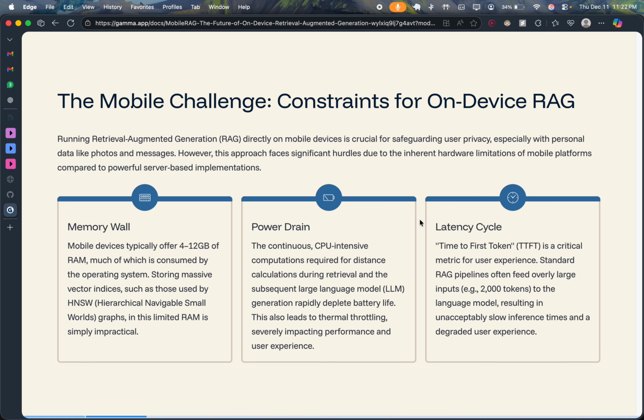We have some memory walls, which is that a mobile device typically has less RAM, like 4 to 12 GB. Much of it is consumed by the operating system. And then there is power drain, because CPU-intensive computation is required for distance calculations during retrieval and LLM generation. And then we have the latency cycle, which is time to first token. It is a critical metric for user experience. RAG systems often feed overly large inputs, around 2000 tokens, to